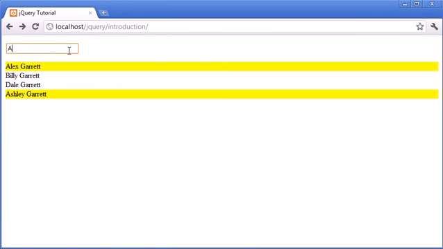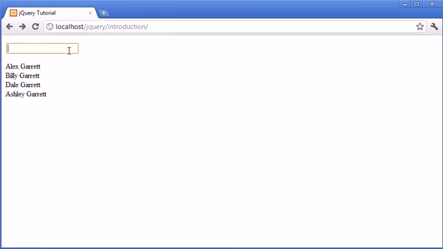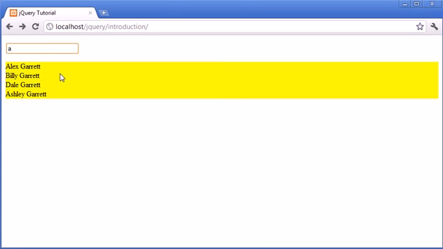So if I was to type A and then a backspace, obviously with a backspace and nothing in here having matched, we've removed the class and we haven't then gone on to add another class. If I then type Alex, it highlights Alex. If I type a capital B, it highlights the line with Billy in it, and again A will select all